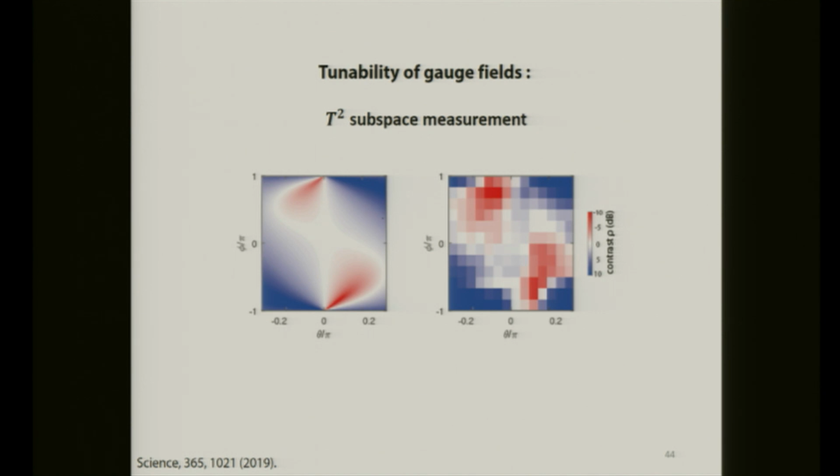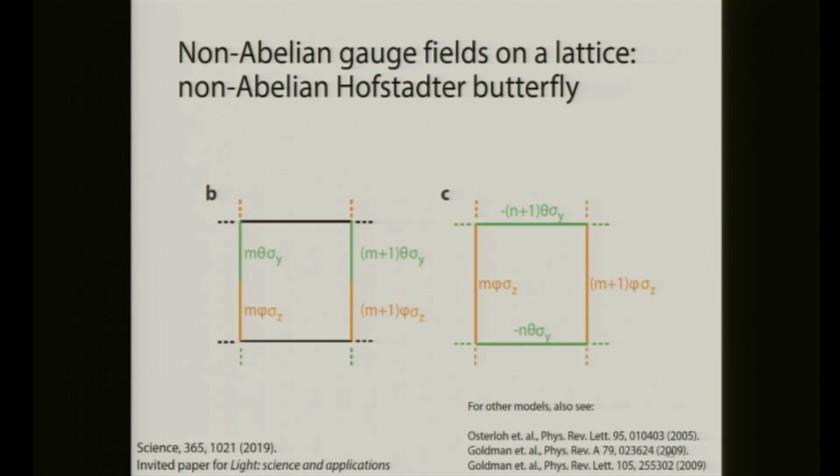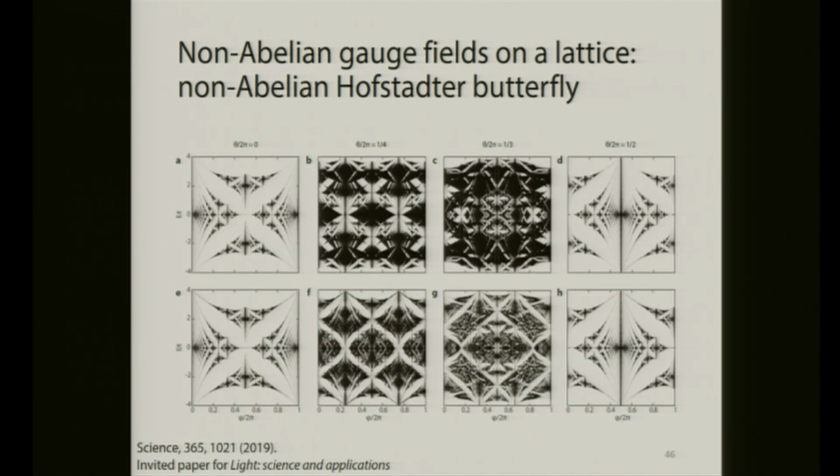I think what could be exciting is that you can now use a similar rationale to put those non-Abelian gauge field components on a lattice, for example, to build non-Abelian lattices and study the dynamics of the system. You can generalize the Hofstadter model with those non-Abelian gauge potentials. For example, you can decorate the links by putting the gauge potential on the same arm or on orthogonal arms, and this will give you a quite pronounced revision to the Hofstadter model.